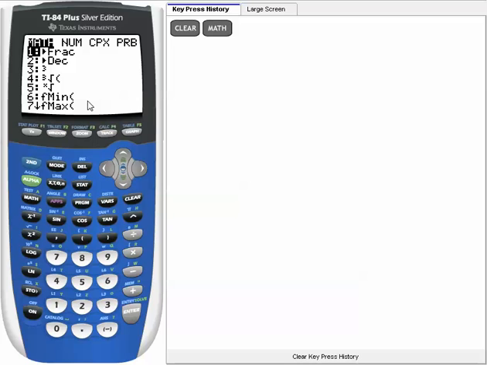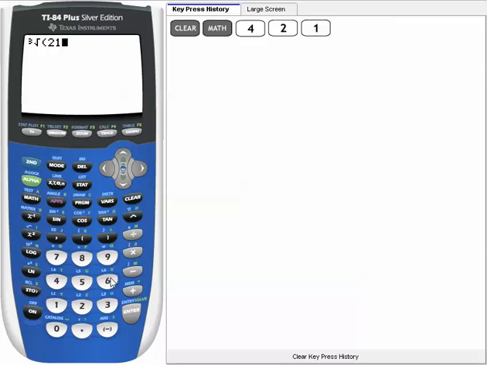So for anything other than squared or a square root or a cube root, you would be using this 5th option. So let's see how those work. If you wanted to find the cube root of 216, you would choose option 4 under math and then enter your 216